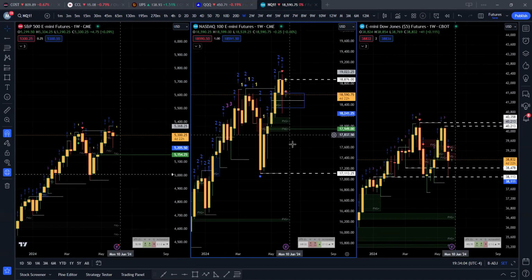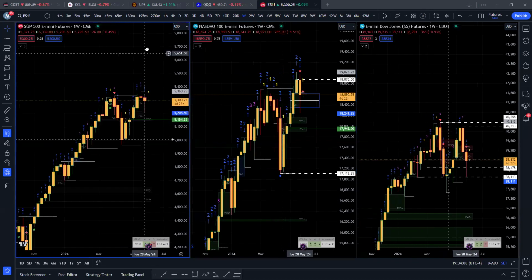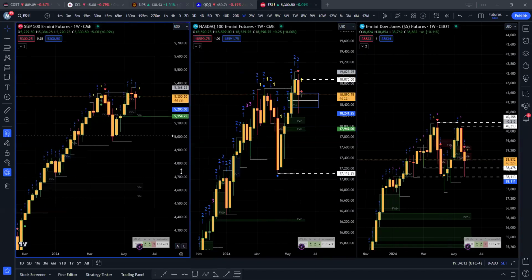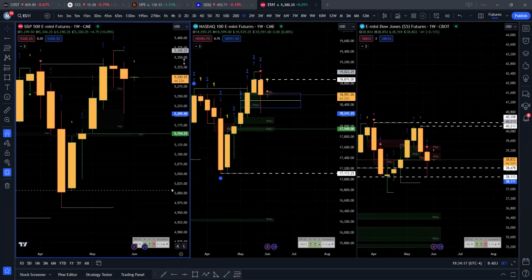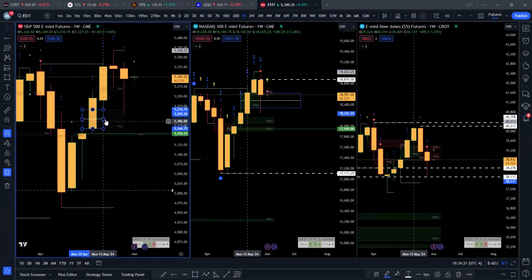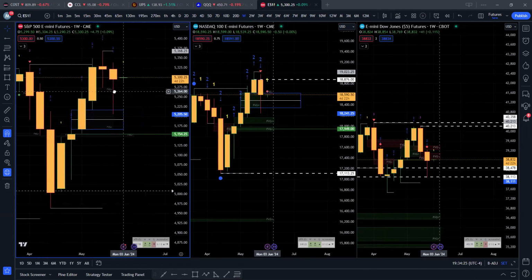Obviously, again, futures just open, so I'll probably pay more attention to that in the morning. Looking at ES, again, same thing, right? You've seen the run up, you've seen the pullback, and then price action, I think traded just shy. Or no, I think it did tap. Yeah, it did. Right, came all the way down to this fair value gap, and same thing that happened on